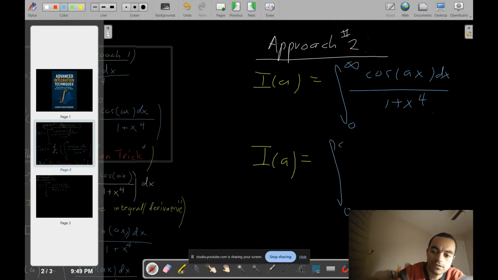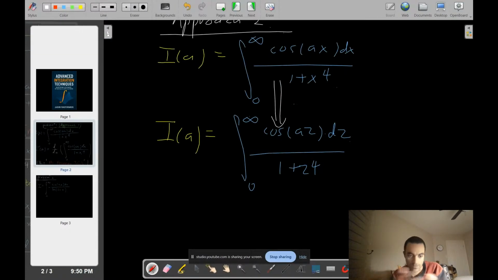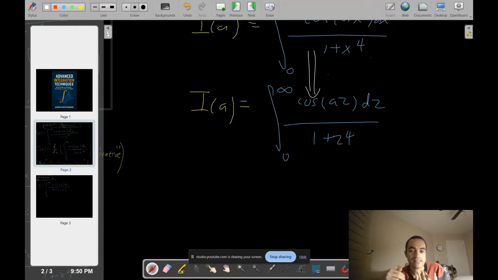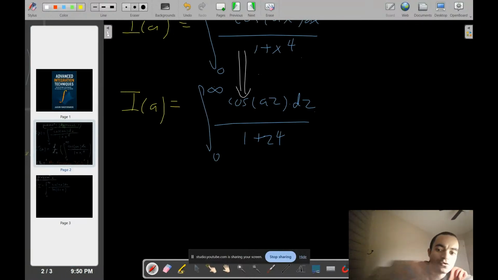to infinity of cosine of az with respect to z all over 1 plus z to the 4. So what I did is I transposed. I'm allowed to transpose from the real numbers to the complex numbers. That's what I did here. I went from the real numbers to the complex numbers. So now we're in the complex numbers. Imagine the real and imaginary lines, and the contour that we need to choose here